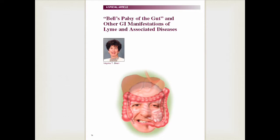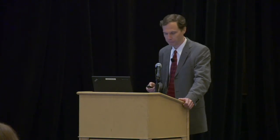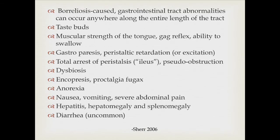So this is a nice article by Virginia Scher called Bell's Palsy of the Gut and Other GI Manifestations of Lyme and Associated Diseases. And this is a nice overlay of the idea, again, of that Bell's palsy or neurological paralysis that can happen with the face, can also happen in the GI tract. And she showed that Borrelia and tick-borne infections can cause gastrointestinal tract abnormalities anywhere along the entire length of the